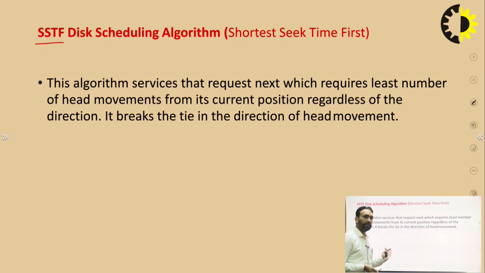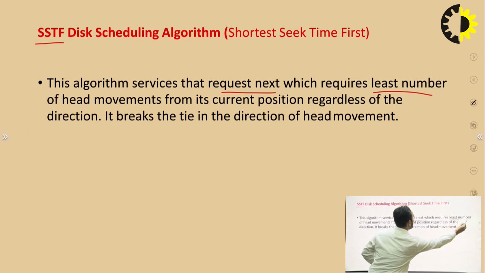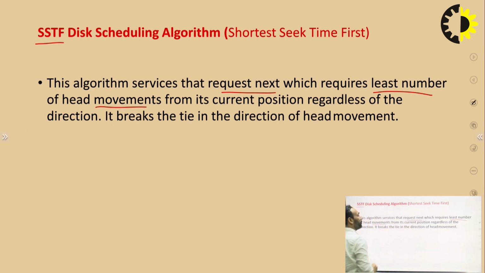We will take the example and understand it in the form of a diagram. So first we will take the definition. As the name defines, this algorithm serves that request next which requires the least number of head movements from its current location. So for example, if the head location is 60 and the next head movement is required,